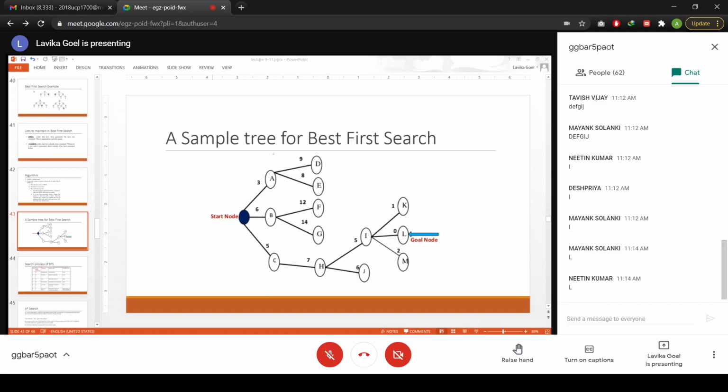So if that new path is better, we will have to update the cost of getting to this node via the new path, and to any children that this node may also have. So you have to update the cost of getting to this node as well as to any children which this node may also have. Updating the cost means the heuristic values won't change, because heuristic values tell you the cost of going from current to goal state. That will not change, because if the node is the same state, then the cost of going to the goal state would be the same for the same node.